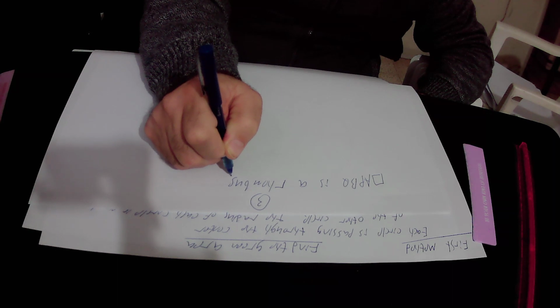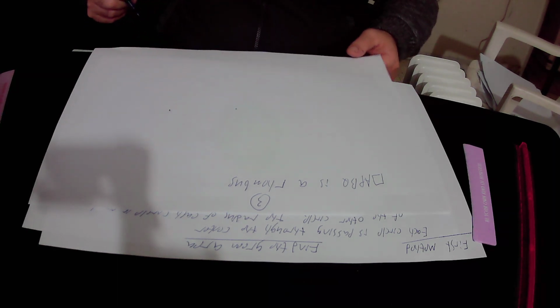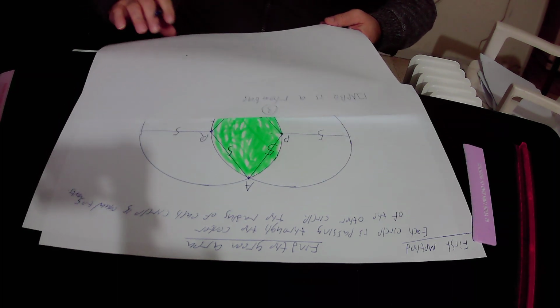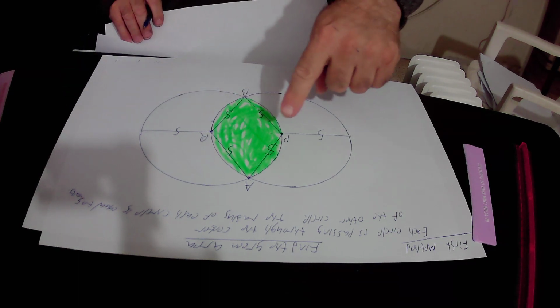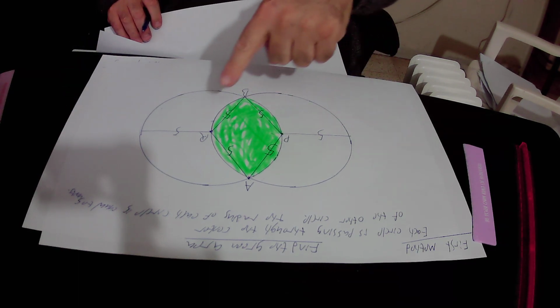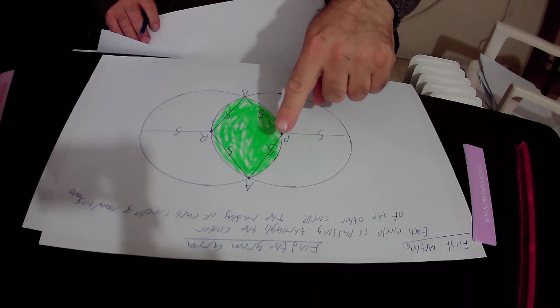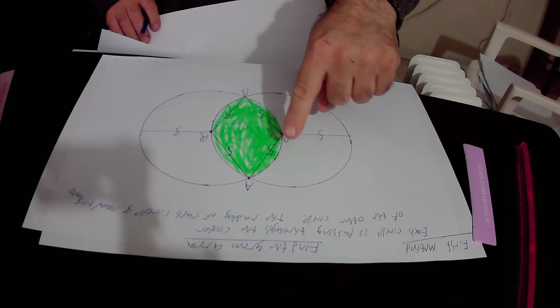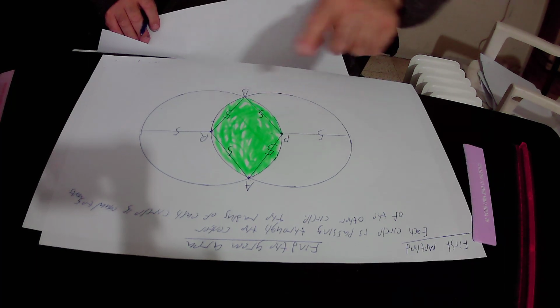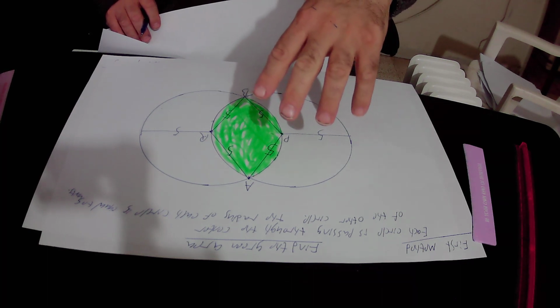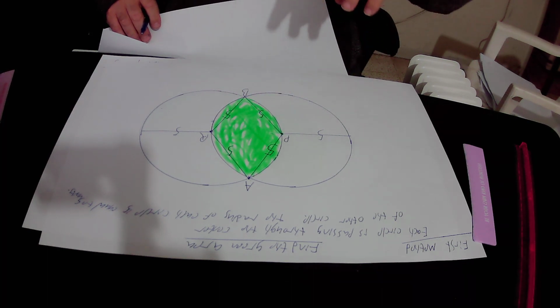A rhombus is a quadrilateral that all of its sides are equal to each other, and as you can see here, rhombus APBQ has 4 equal sides. All of its sides are equal to 5 units. So quadrilateral APBQ is a rhombus,